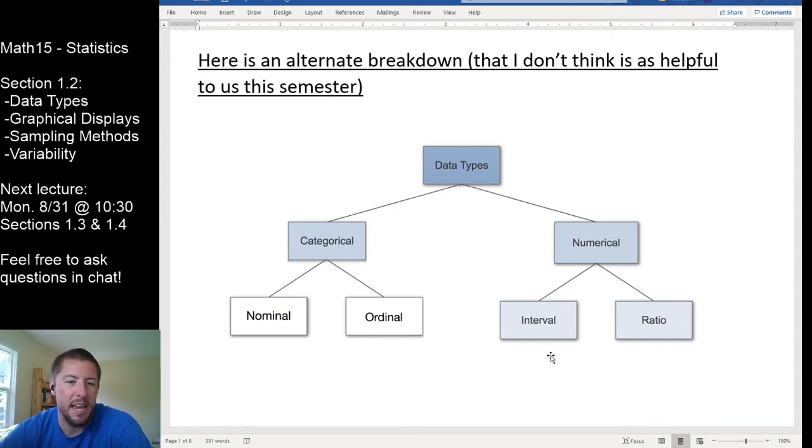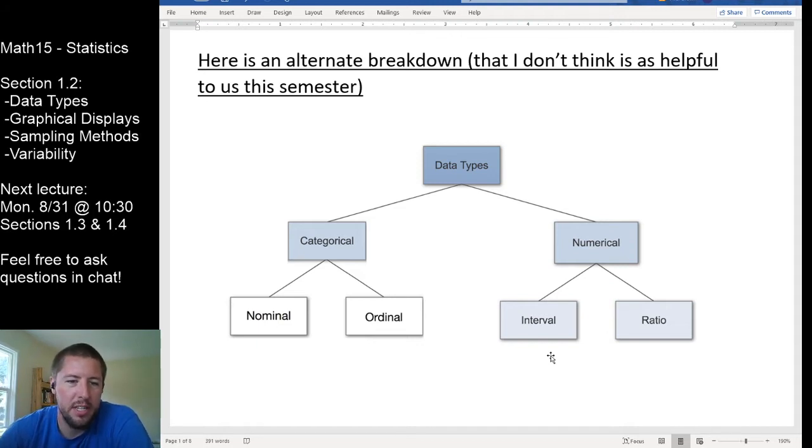For example, 80 degrees is not really necessarily four times as hot as 20 degrees. And part of the reason is because I didn't even tell you if I'm measuring in Fahrenheit or Celsius. In Celsius, at least, 80 degrees is four times further from the freezing point than 20 degrees is. But that's not true in Fahrenheit. In fact, in Fahrenheit, 20 is below freezing. It should almost be considered sort of like a negative type value. And if we're thinking about freezing being our good center of reference,